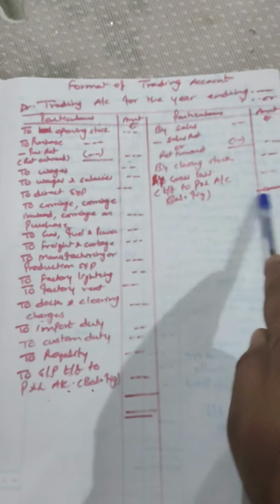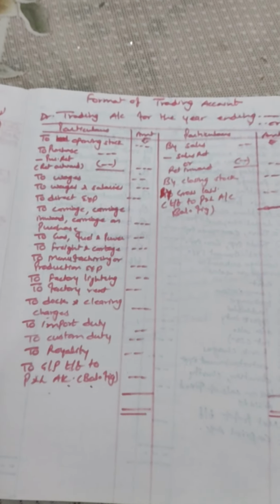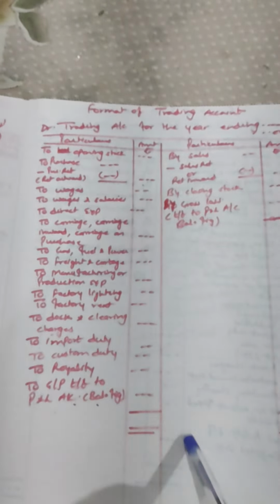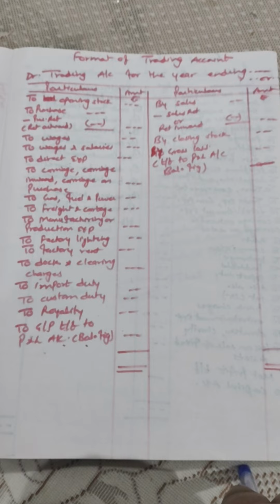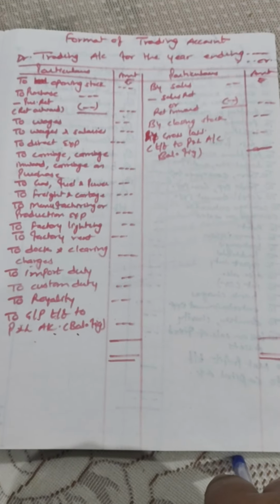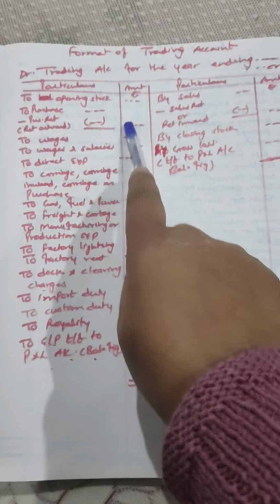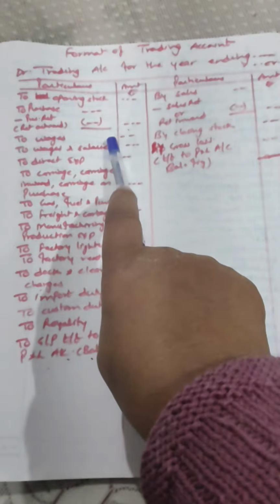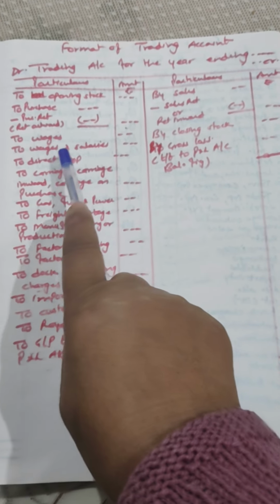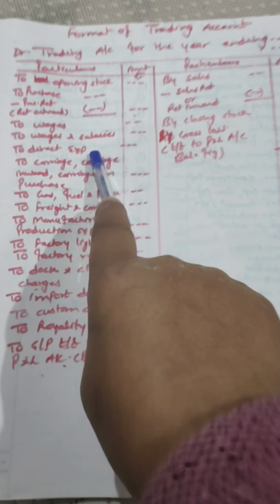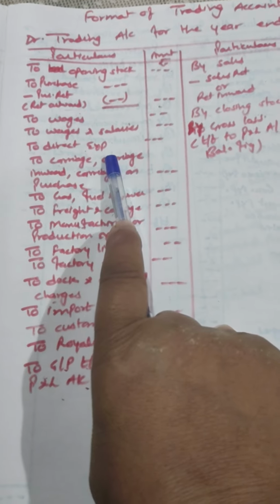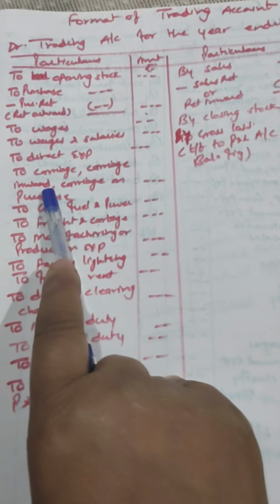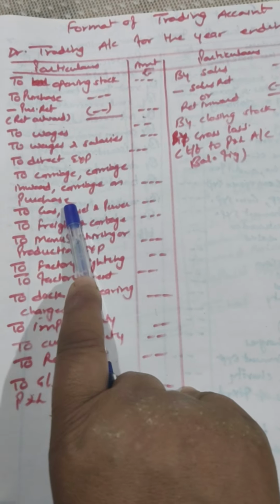In the debit side under trading account, we maintain the whole record of all purchase, opening stock, sale of the goods. So all production activities expenses are entered over here. First of all, opening stock is written here, then purchase minus purchase return or return outward, then wages and salaries are written, and they are also written over here in trading account. All direct expenses, meaning related to production unit, carriage inward or carriage on purchase, are also shown over here.